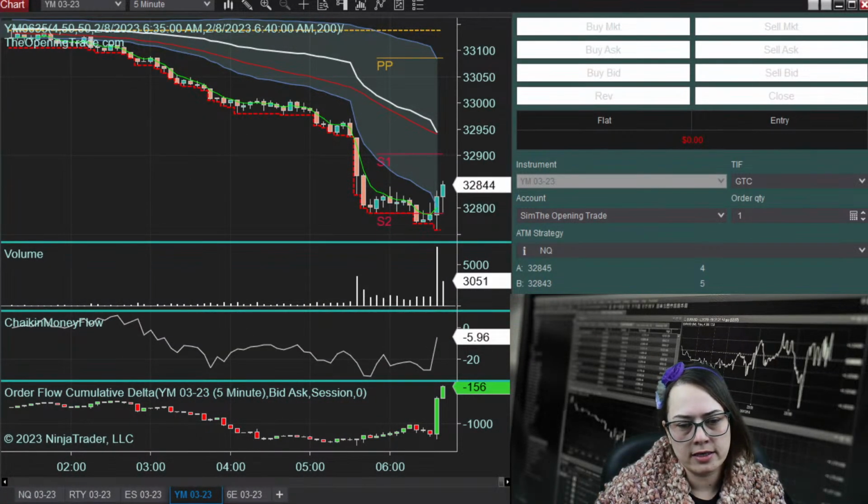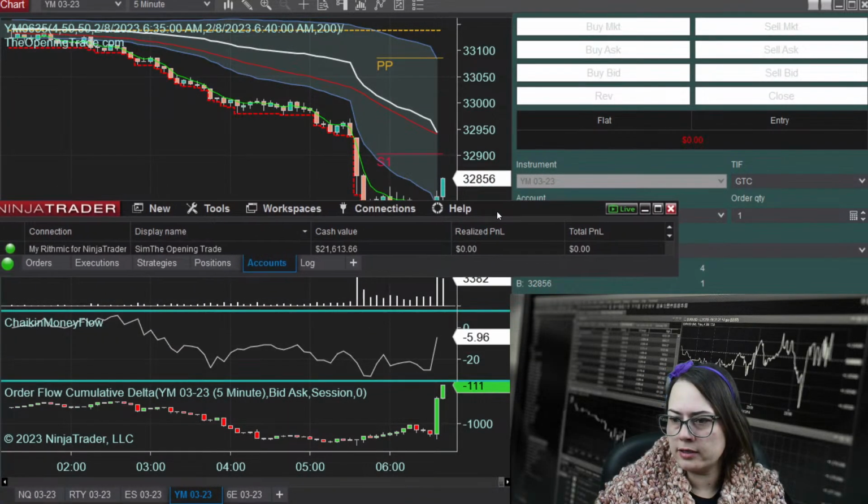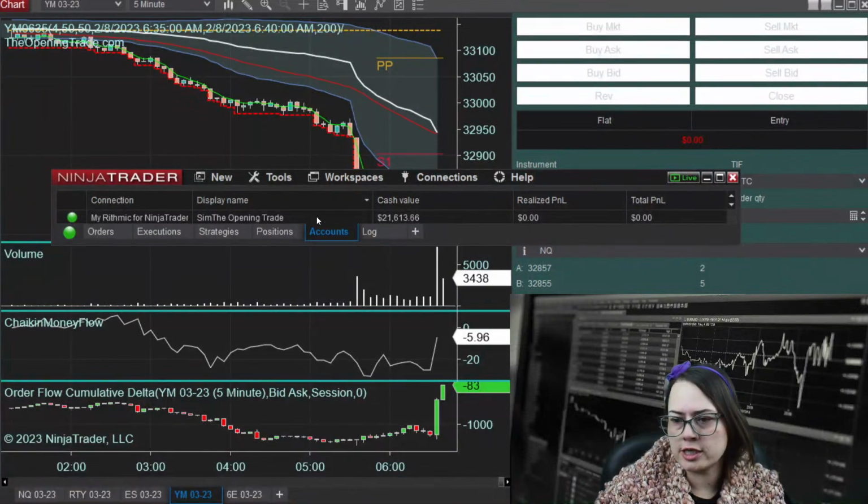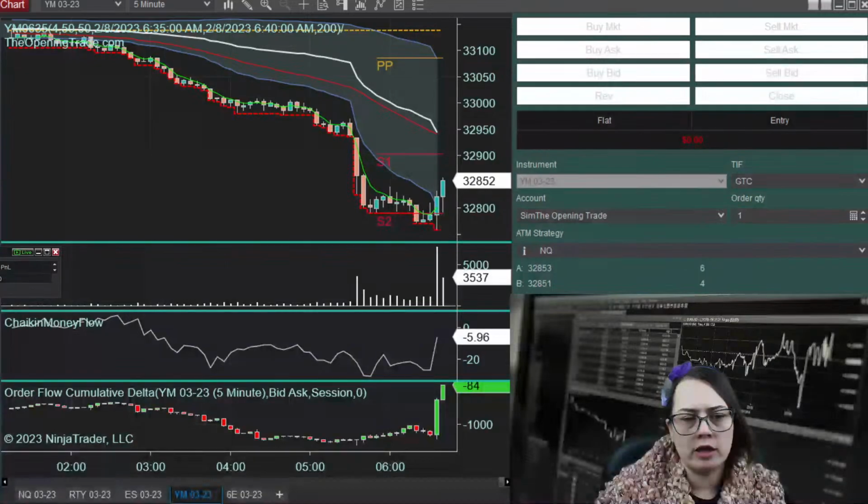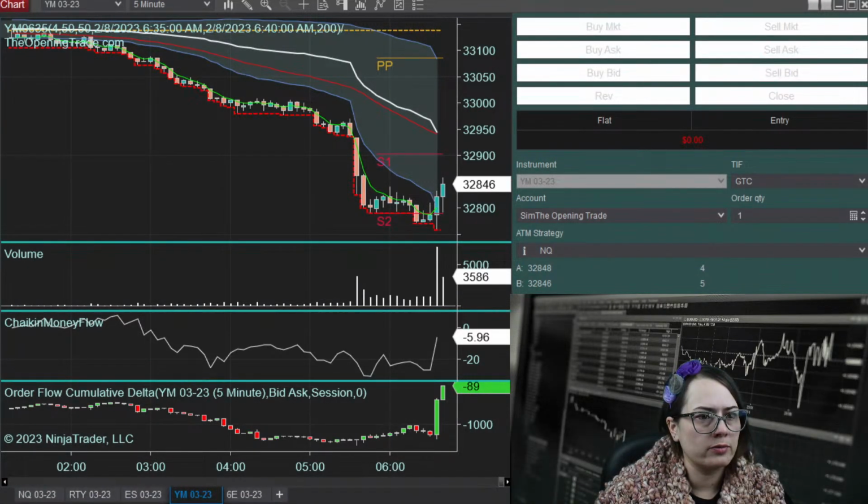All right. And just for total transparency, we saw absolutely no trades, meaning that there is no change in our accounts here in the simulated opening trade. So hopefully we'll see some changes come on Monday. Alright, so let's just one more look.